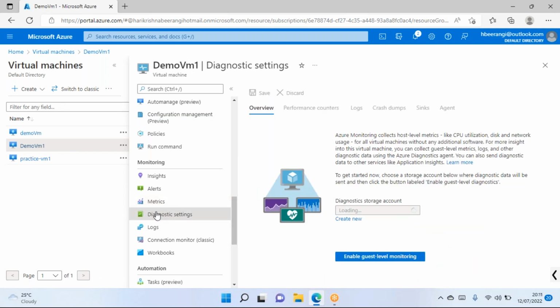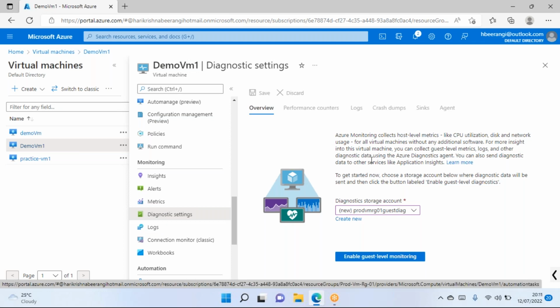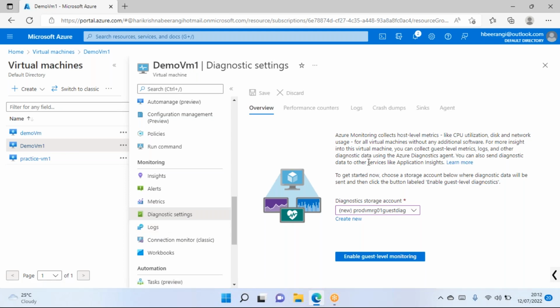Diagnostic settings is the advanced level of information that you get out of the service, just like the blood checkup example with diagnostic labs. Here you get advanced information. If you still want more and more information about this virtual machine, then we use the concept of log analytics workspace. The first level is metrics, the second level is diagnostic settings, and the third level is logs, which is the log analytics workspace. Even in our laptops,